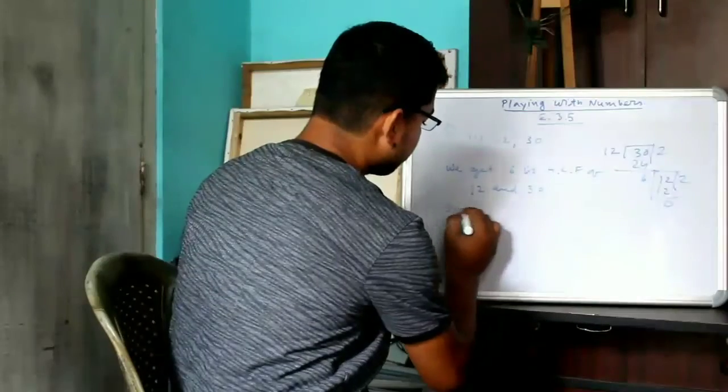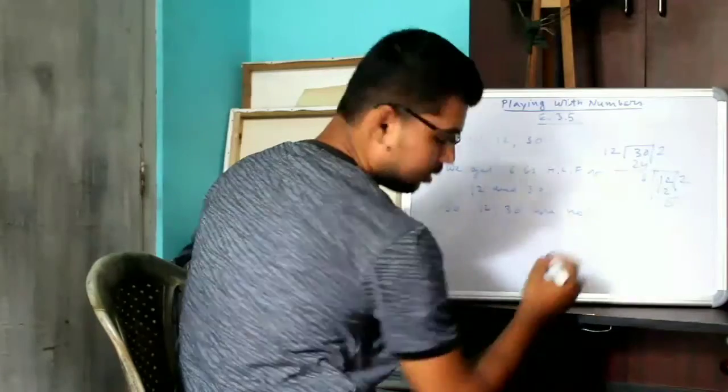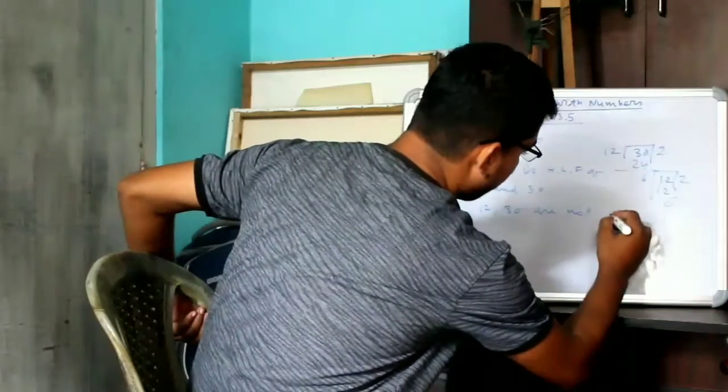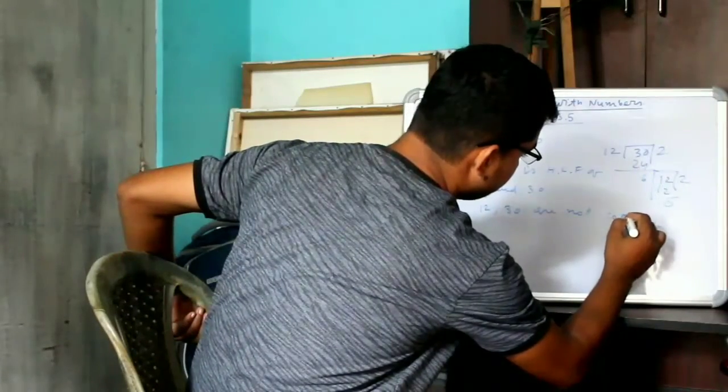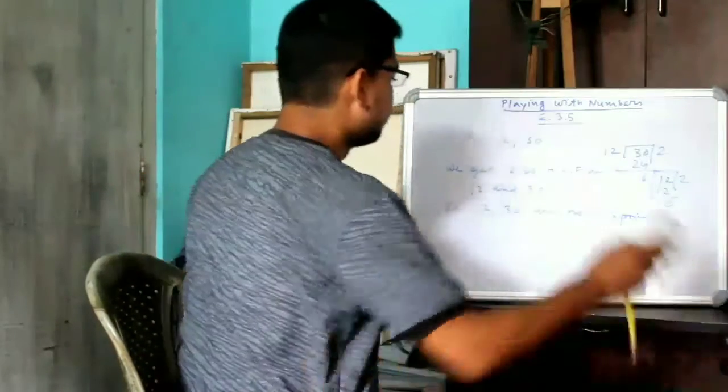So 12 and 30 are not co-prime. So by this method,